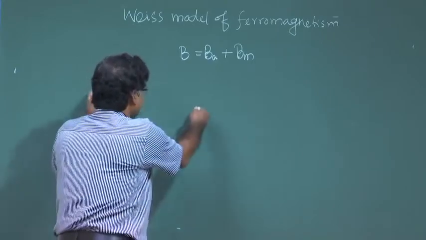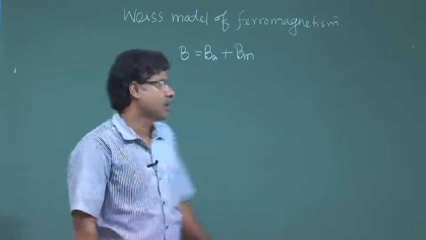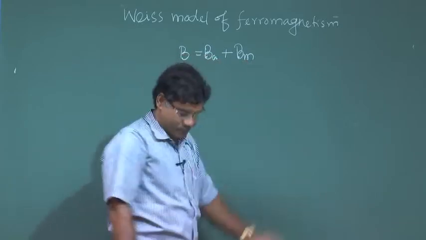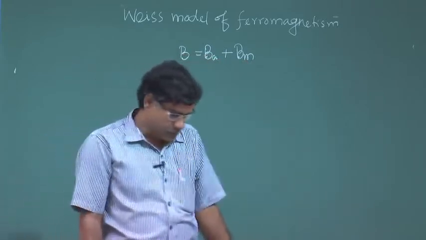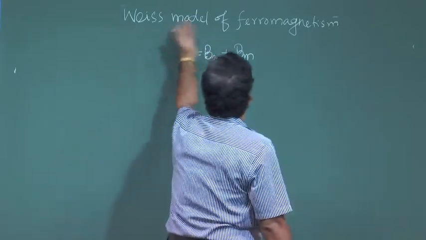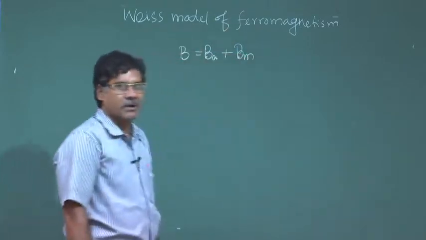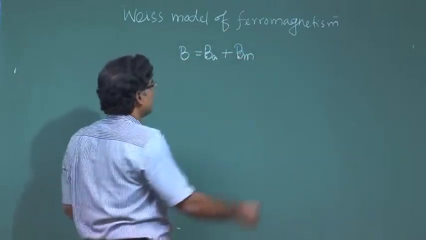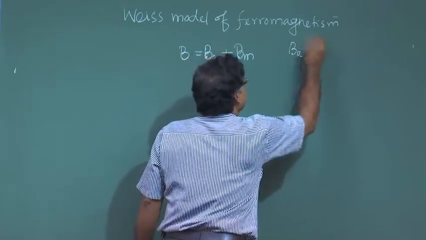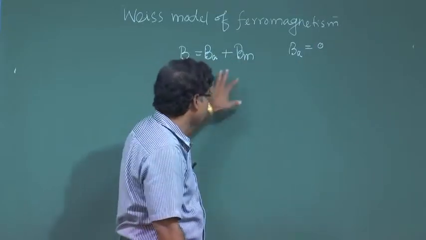Whatever paramagnetic formulas we have derived, in that formula if you replace B with B_A plus B_M, then that will be valid for ferromagnetism as per this Weiss model. Then we put B_A equal to 0, meaning external field equal to 0, and whatever we get is